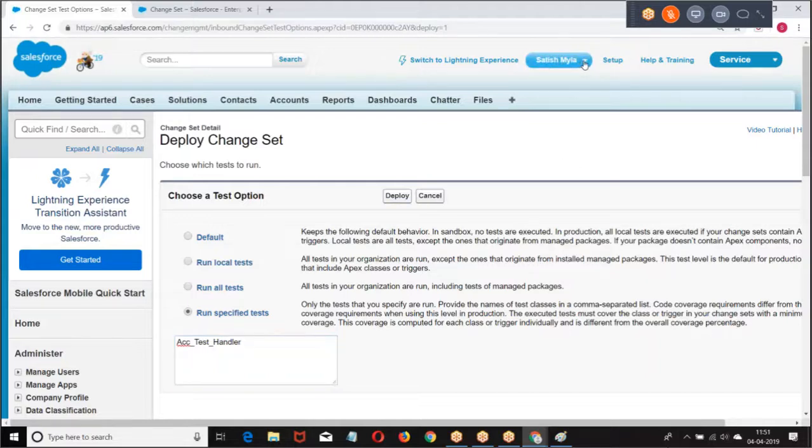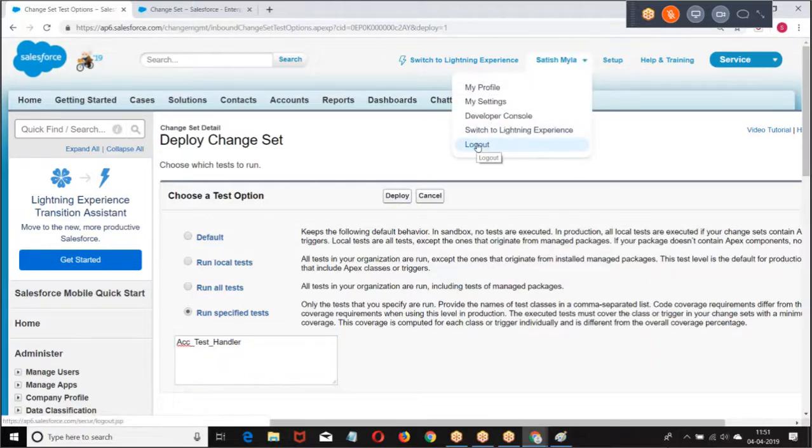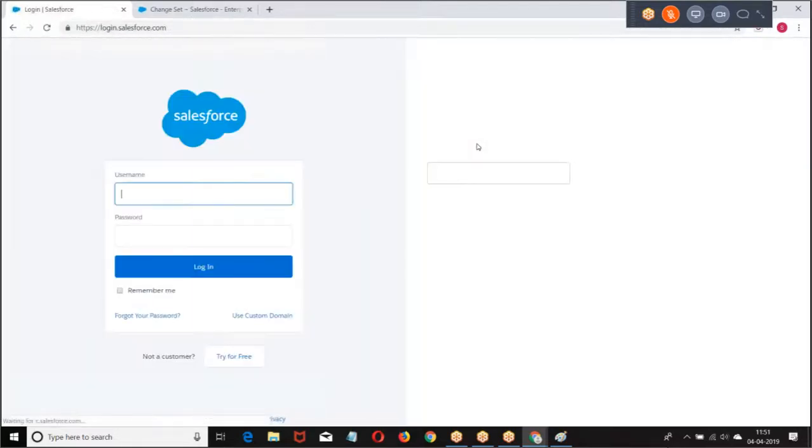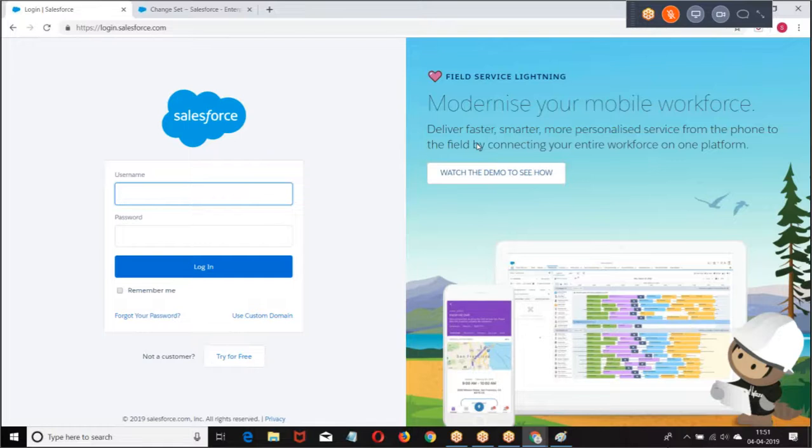Then this is the concept of deployment using change sets. Now, what is the concept we have? Outbound change set, inbound change set. In the sandbox, we create an outbound change set and upload to production. When you upload to production, in the production, we receive an inbound change set. When I receive an inbound change set, validate, then deploy. I hope you're good. Clear for everyone? So let us go to the next concept.